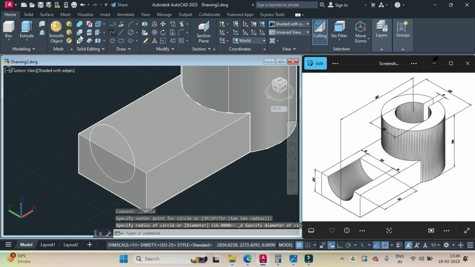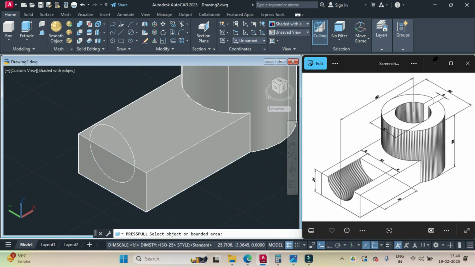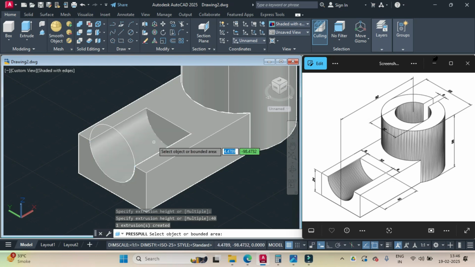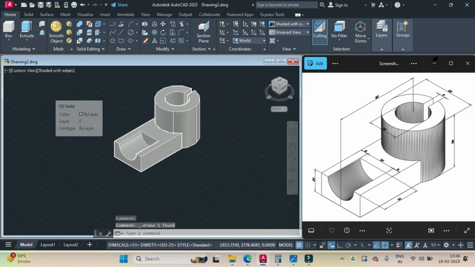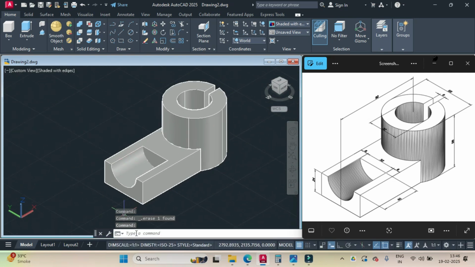Then we'll use the press pull and we'll click on the lower part and we'll pull it inside to a thickness of 40 units and press enter. Then we press escape and we no longer need this circle. We select it and press delete. And we are done. Then you can use the union command